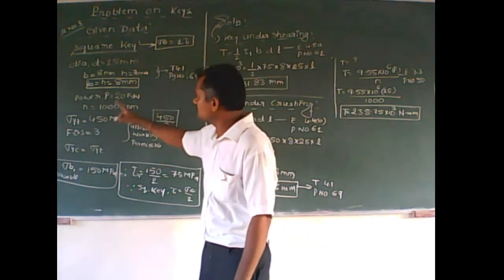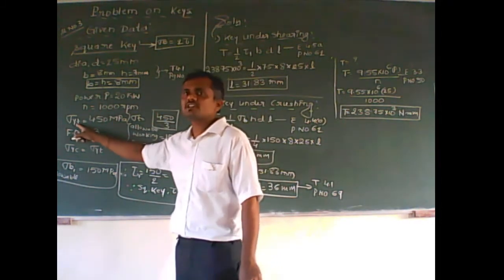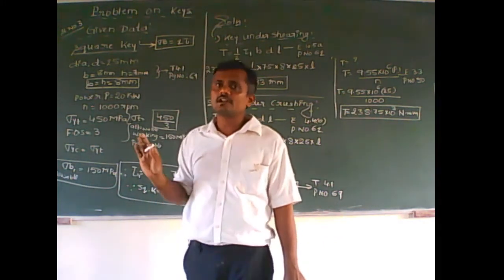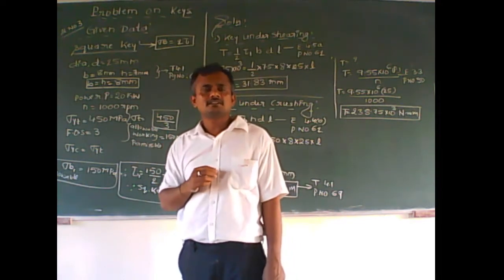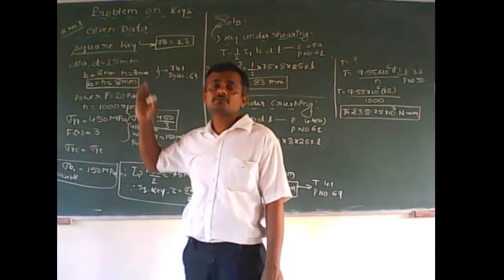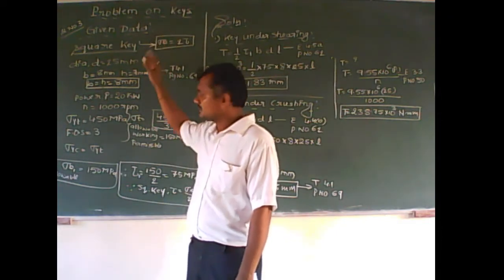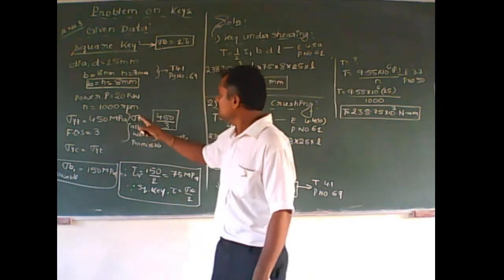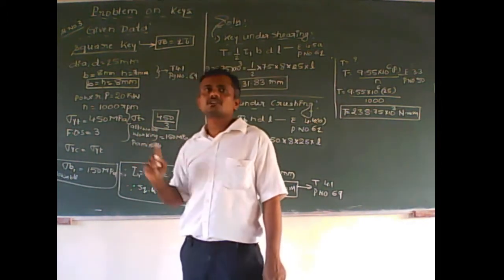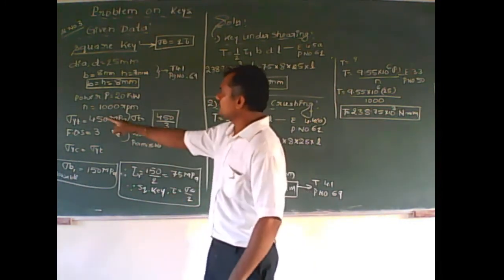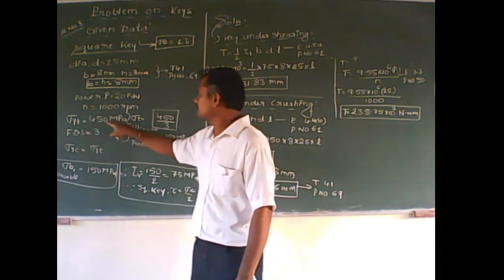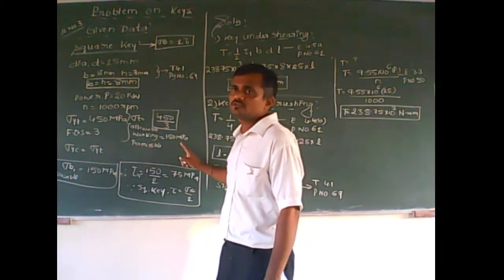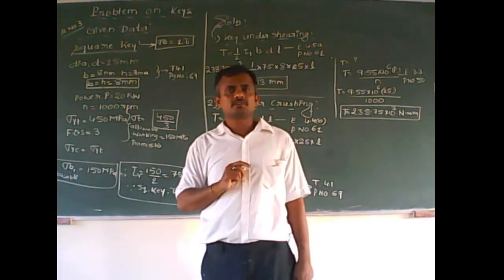Afterwards you have to concentrate on these things. Here yield strength is given. Yield stress for a tensile stress is given. Tensile stress is nowhere necessary for us. Instead, we require key, and for key, crushing stress and shear stress are required. And he says tensile stress is equal to crushing stress. Therefore, I can take yield stress divided by factor of safety, that is 450 divided by 3. I am getting 150.